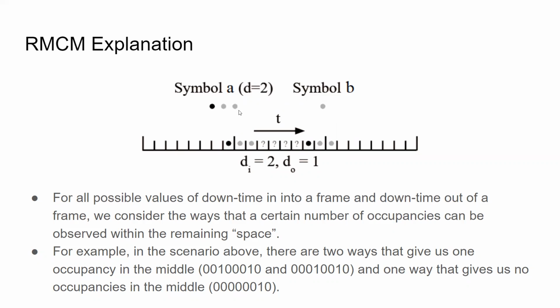So downtime n equals 2, and so we put symbol A over here so that we have downtime n equals 2, and then we have downtime out equals 1, and so we put a symbol A over here so that downtime out equals 1. And then now we have this remaining space of 4 bins where we still have a little bit of freedom to choose what goes into there. And that's where that third number comes in, which I denote